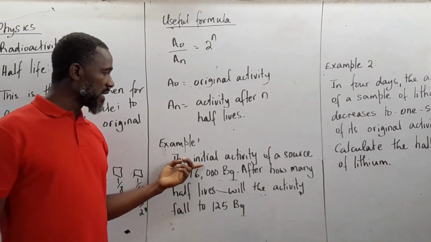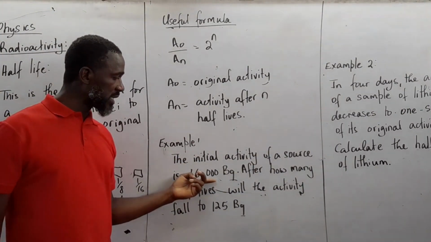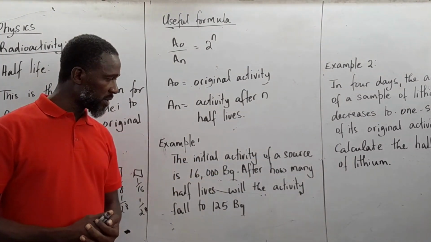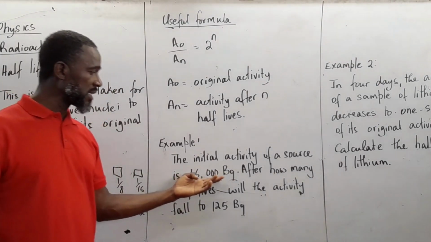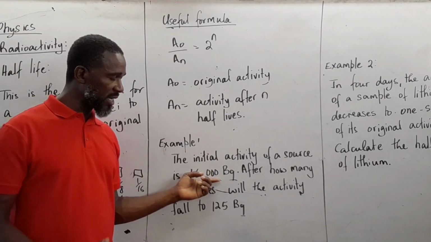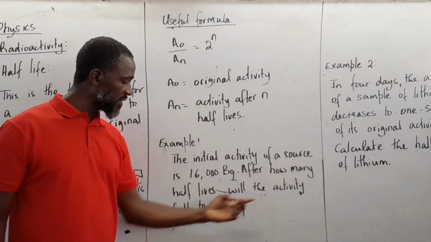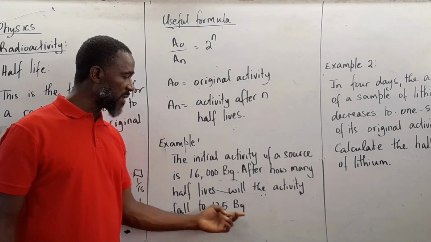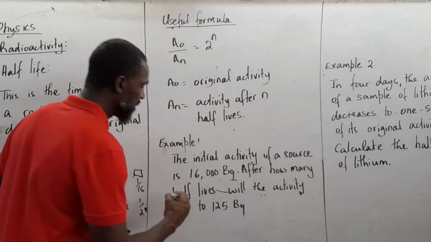So, the initial activity of a source is 16,000 becquerels, right? And the becquerel is what we use to define the activity of a radioactive material. It is the SI unit that is used to represent the activity of a radioactive material. After how many half-lives will the activity fall to 125 becquerels? Basically, if you employ this same formula,